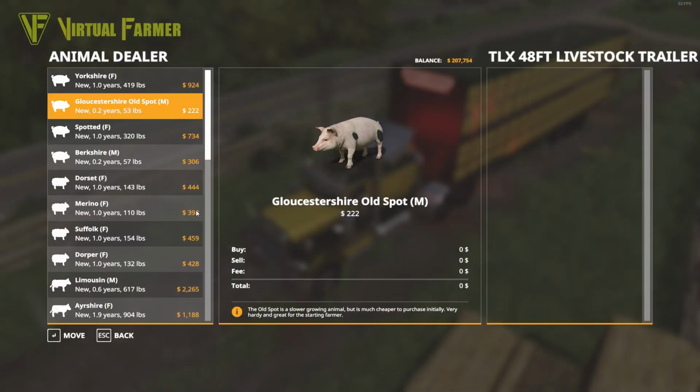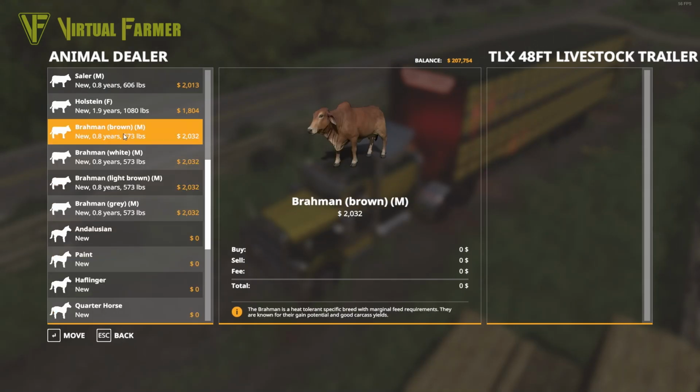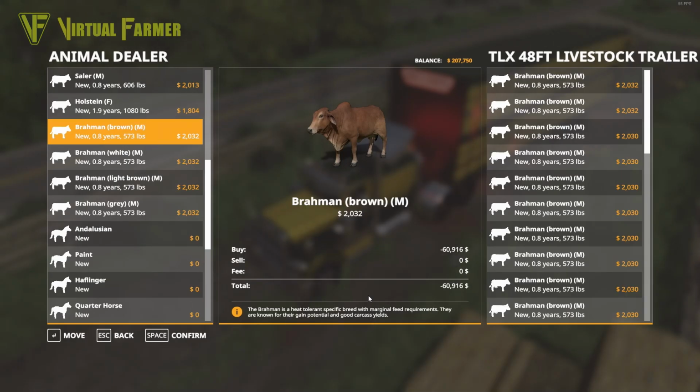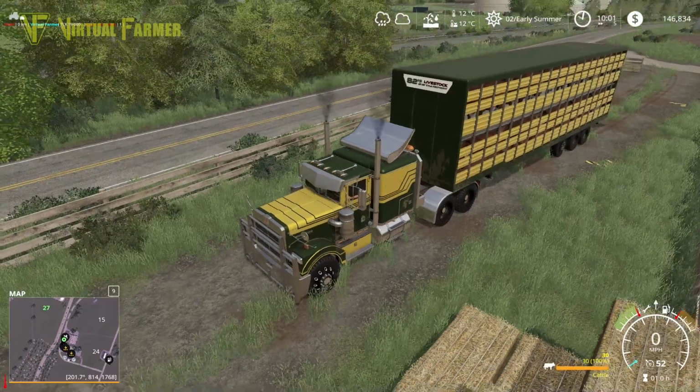I'll bring this up, and I said that we want to go with the browns for this. It's 2,000 each. So let's move these over like so, and there we go. Full livestock trailer. Total cost is $60,000. Let's confirm that, and with that done, let's fold up the back